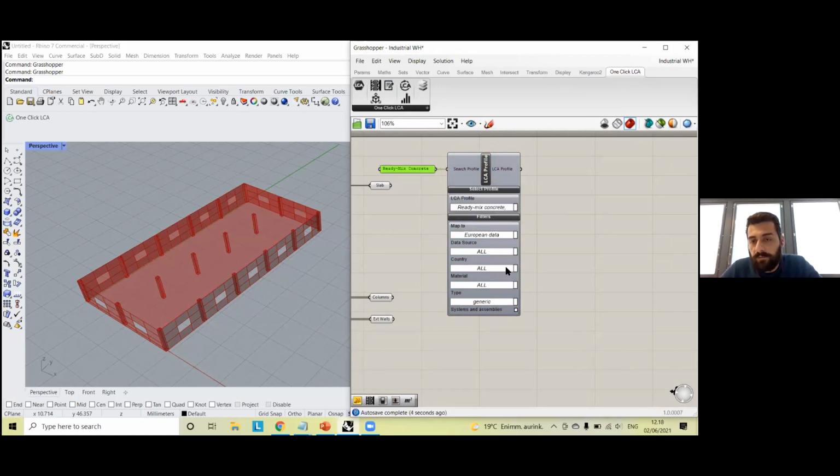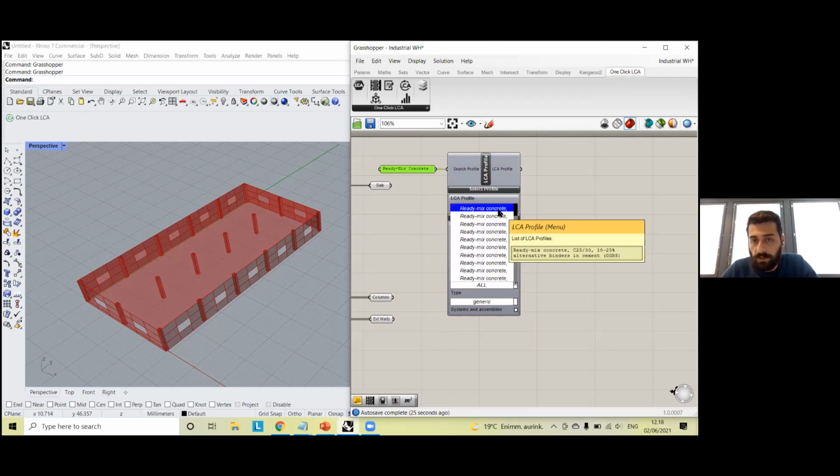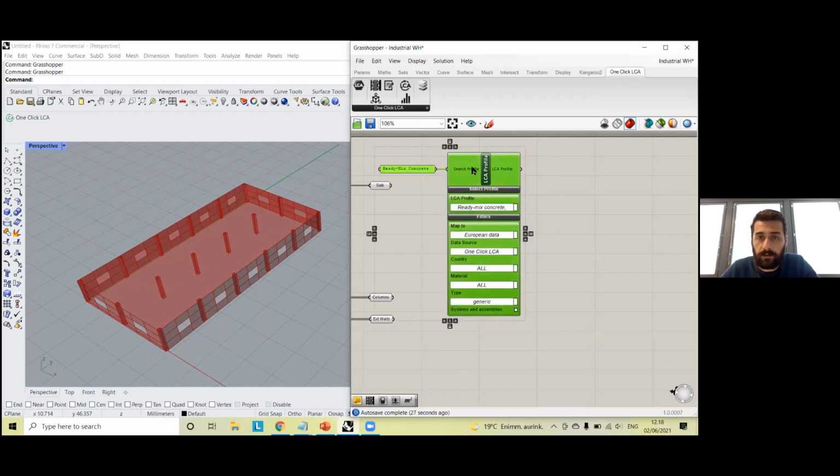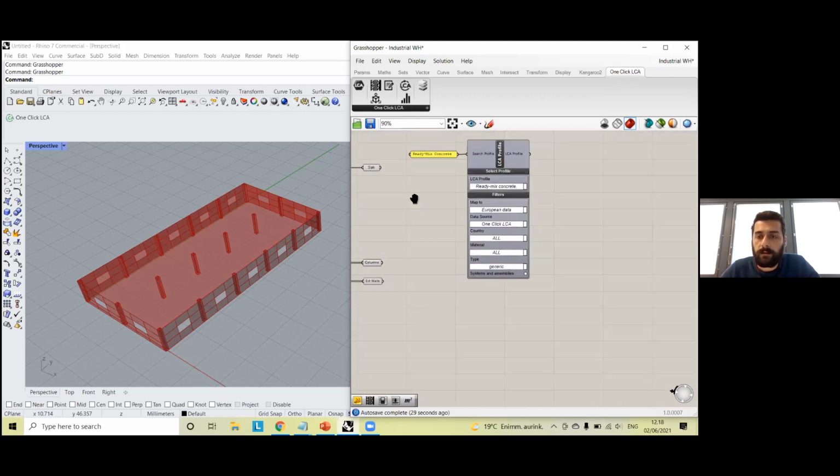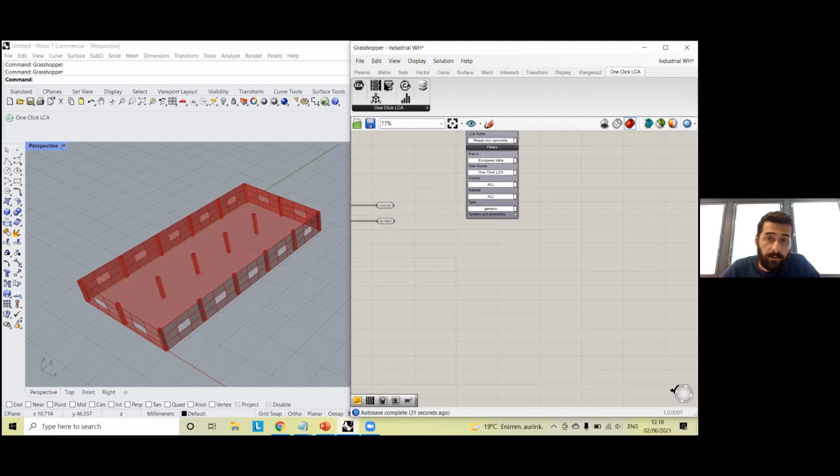And we can further refine our search if we want to by saying, okay, I want to have, of course, European data as my data source. You can choose whichever database you want to use. I'm going to use our own for this case. And now, right here, we can select the material that we want to use. So I'm just going to use this one for now. That's fine. And I'll do this 2 more times for the other 2